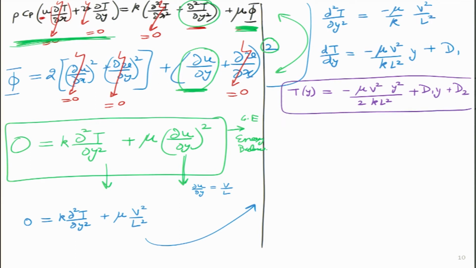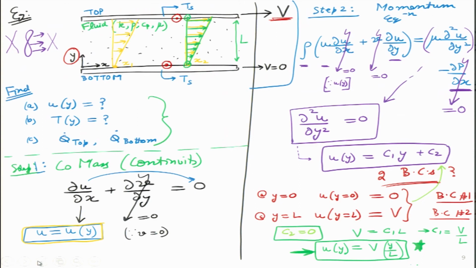So, please keep on checking whether there is any error in solving this thing. I think this is the final solution. The only thing we want to find out is the value of d1 and d2. So, again we need two boundary conditions in temperature. Earlier also we needed two boundary conditions, but they were in velocity. You remember u of y we had also solved, there we wanted to solve for C1 and C2. Can I go back to the previous slide just to illustrate this point?